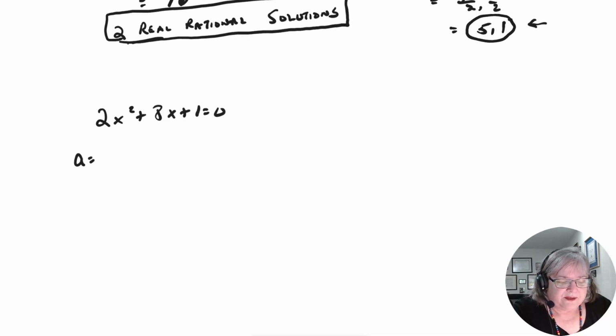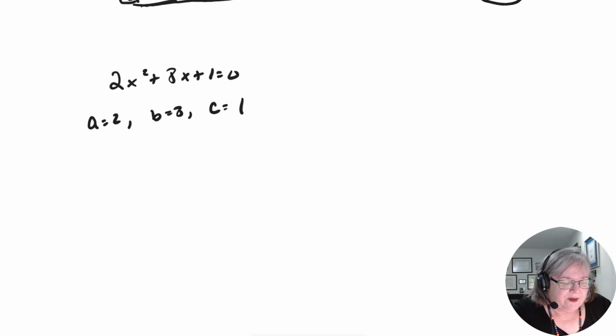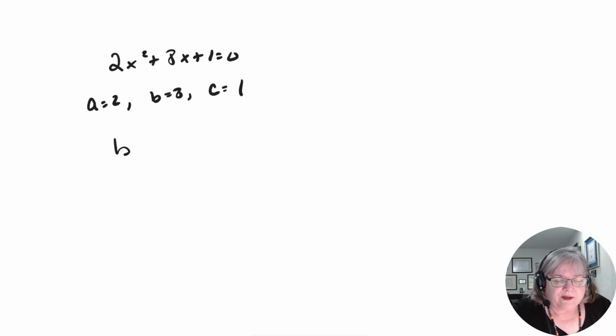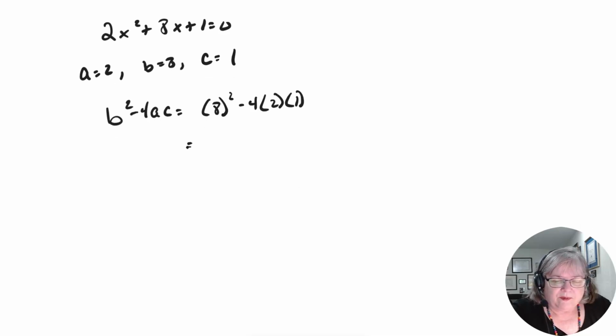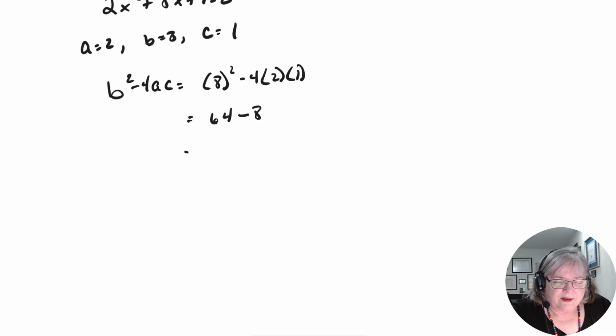All right, so A is 2, B is 8, C is 1. Now remember, it has to be equal to 0 before you can determine whether the A, B, and C are positive or negative, so don't forget that part. All right, so we're going to go B squared minus 4AC. So B is 8 squared minus 4 times A times C would be 64 minus 8, and this would be